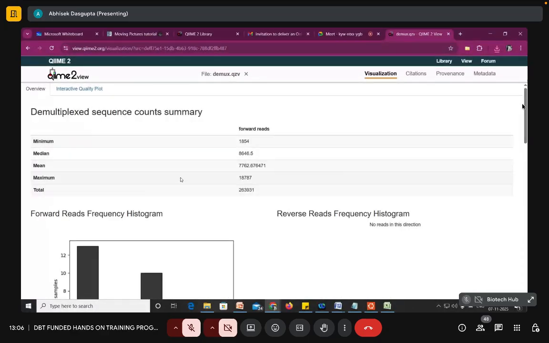See, this is the demultiplexed sequence count. That means what sequences have been demultiplexed, that means what barcodes have been removed. So the total sequence you got is